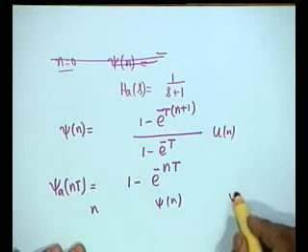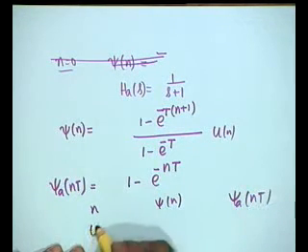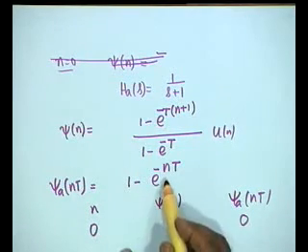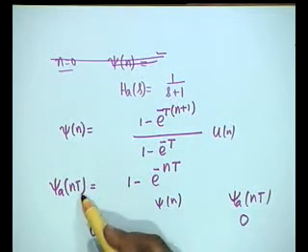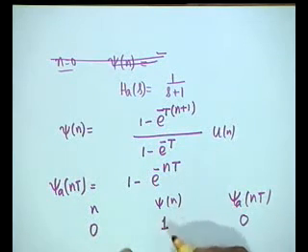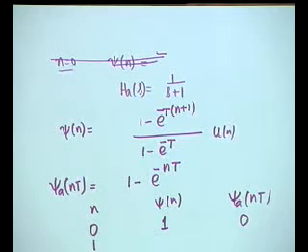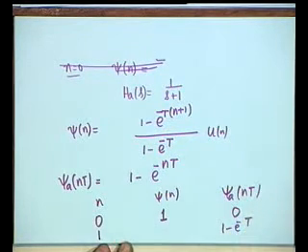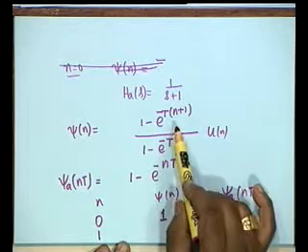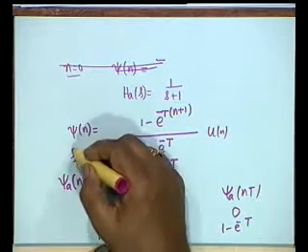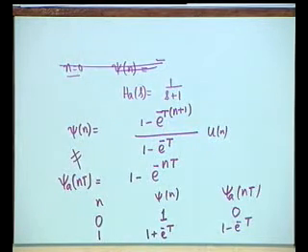Let's list the values of psi a of nt. If n is 0, then obviously psi a is 0. But what is psi of n? If n is equal to 1, then this is 1 minus e to the minus t. What is this equal to? If 1 plus e raised to the minus t. Therefore, psi of n is not equal to psi a of nt. In other words, impulse invariance does not imply